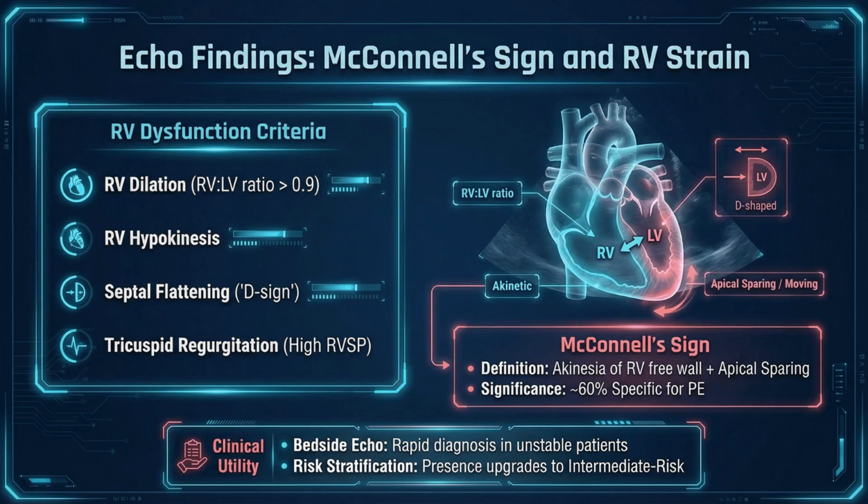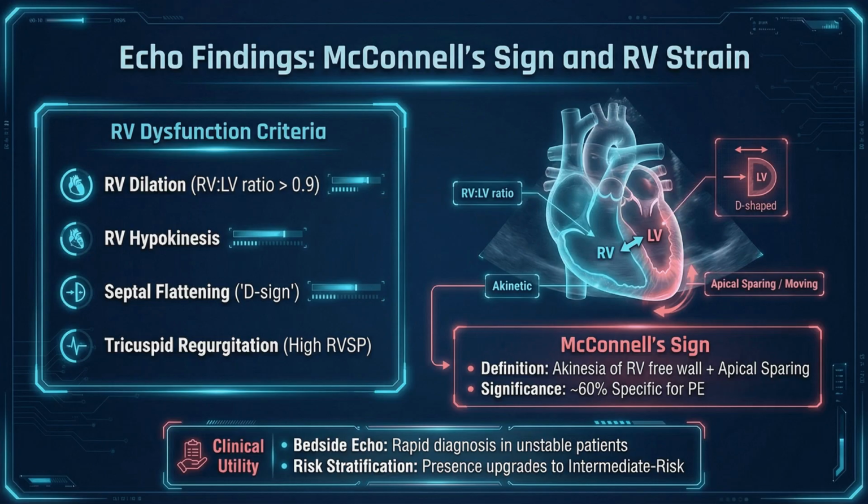McConnell's sign is a particularly interesting and somewhat specific finding in PE. It's characterized by akinesia or lack of movement of the mid-free wall of the right ventricle, with relative sparing of the apex, which continues to move normally. This pattern is thought to be due to regional differences in RV wall stress and ischemia. While not perfectly sensitive, it has approximately 60% specificity for pulmonary embolism, making it a valuable clue, especially in the